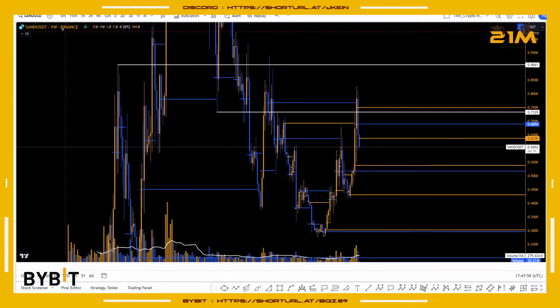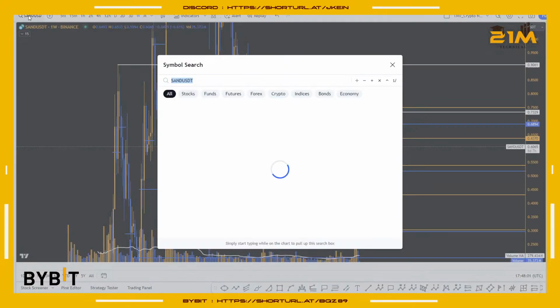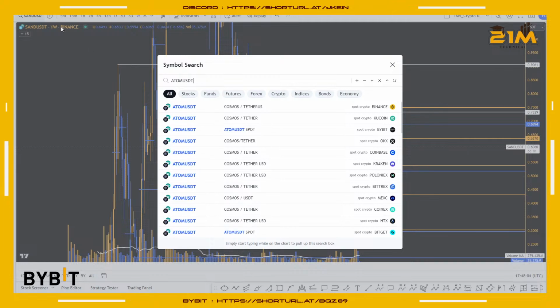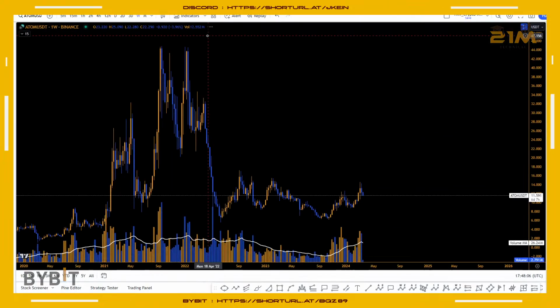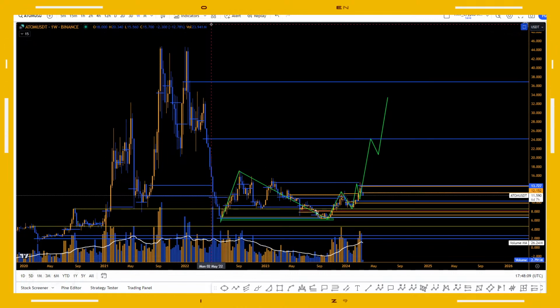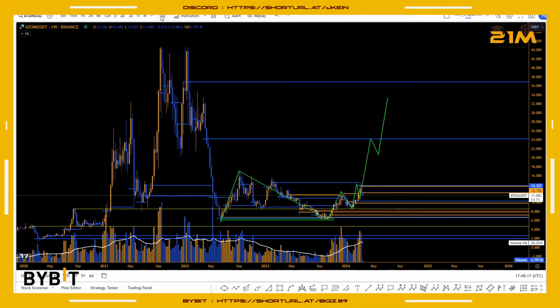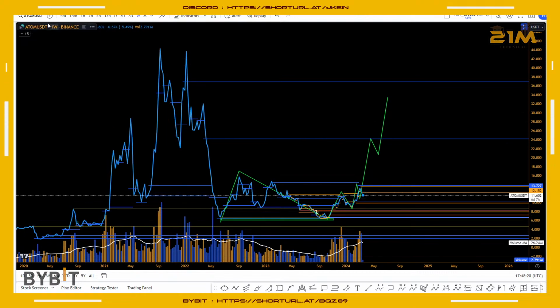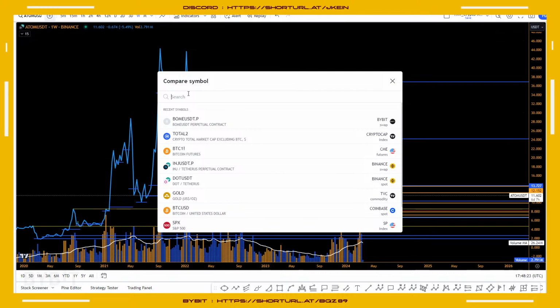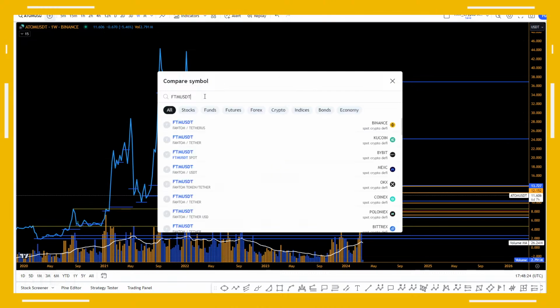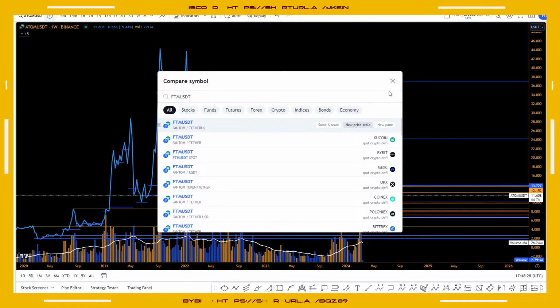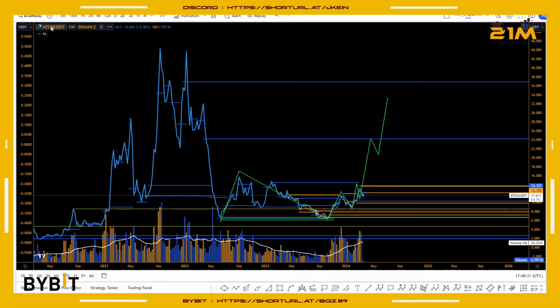So let me see, the chart is still loading. I don't know why or when this loading is going to finish, but let's have our chart here, ATOM USDT over here on Binance. I'm not using any perps chart. I'm simply using the spot chart, and I'm going to have it as a line chart over here so that we can compare. Okay, so I'm going to have FTM USDT over here, and then we're going to add